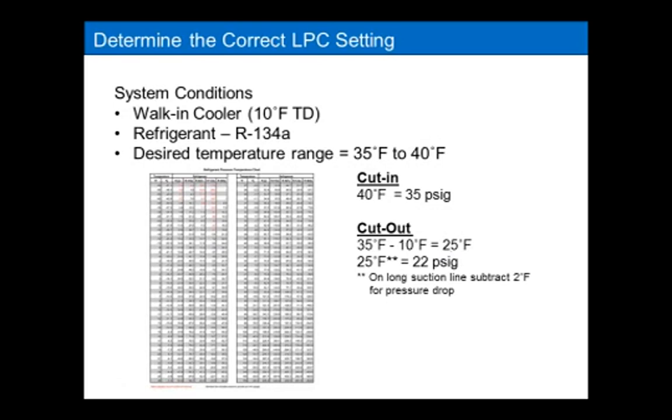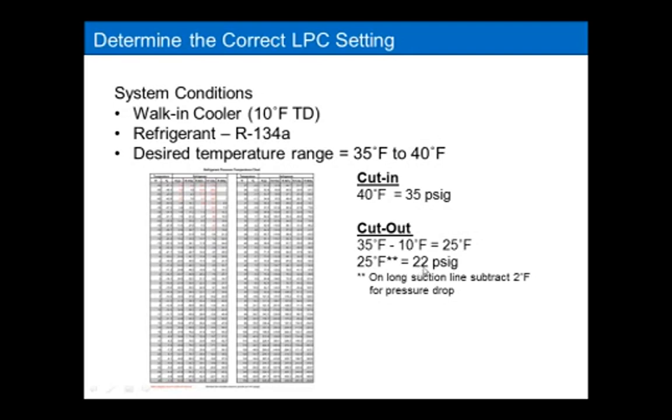Let's, for this example, not assume any pressure drop, so the measured pressure where my control is measuring is the same as the evaporating pressure. With that assumption in mind, if I know my coil temperature is 25 degrees, I look at my PT chart again, and I know my cutout value should be